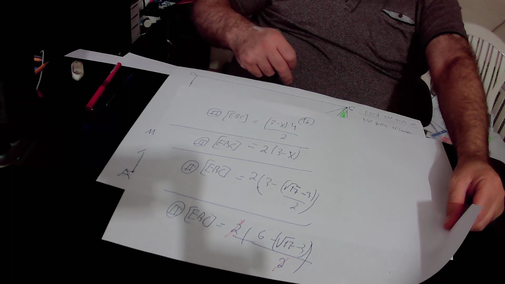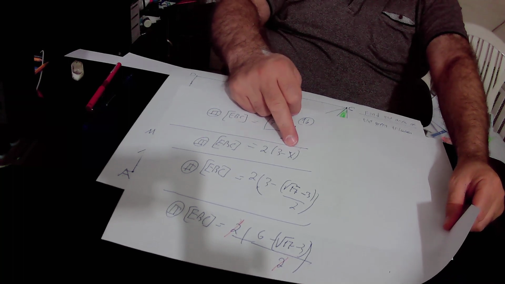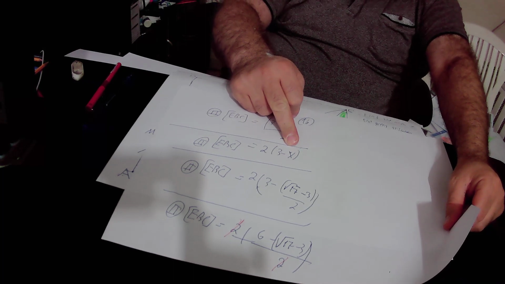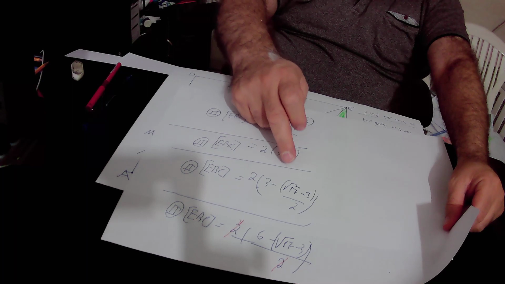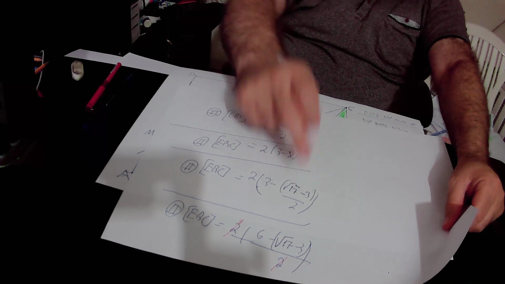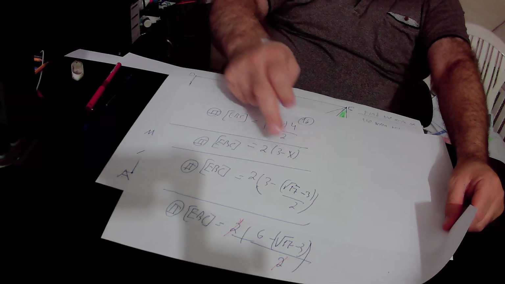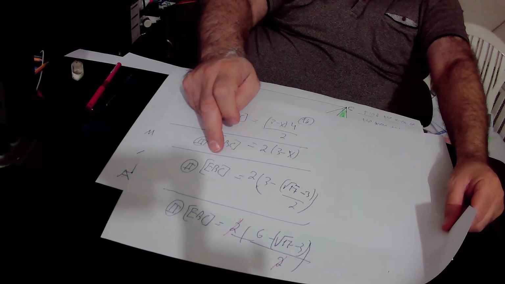And we placed the value of x inside, and the value of x is square root of 17 minus 3 over 2. So we placed the value of x inside, and we got this expression that the area of